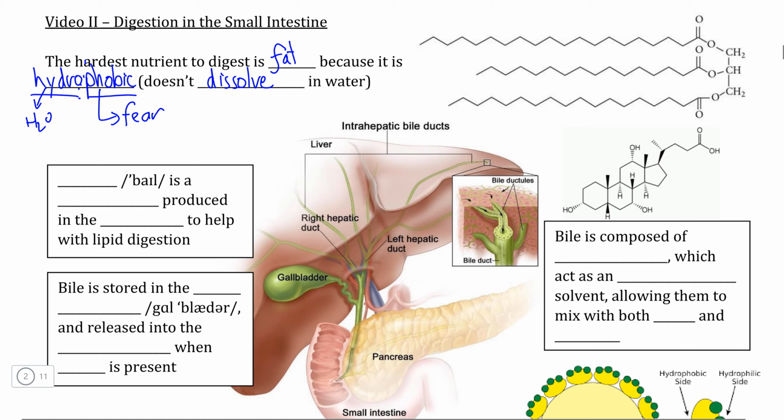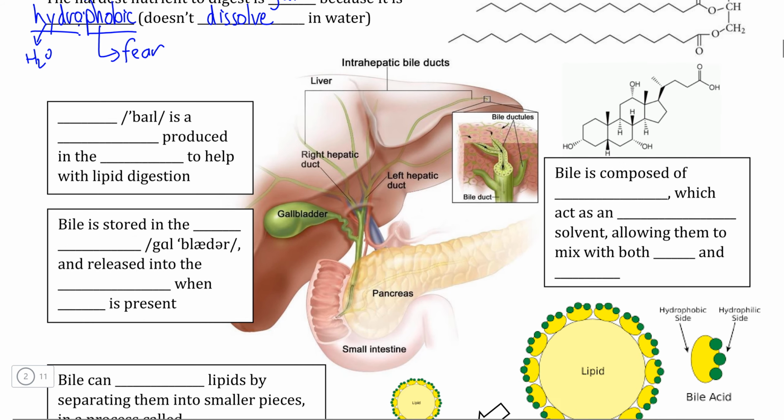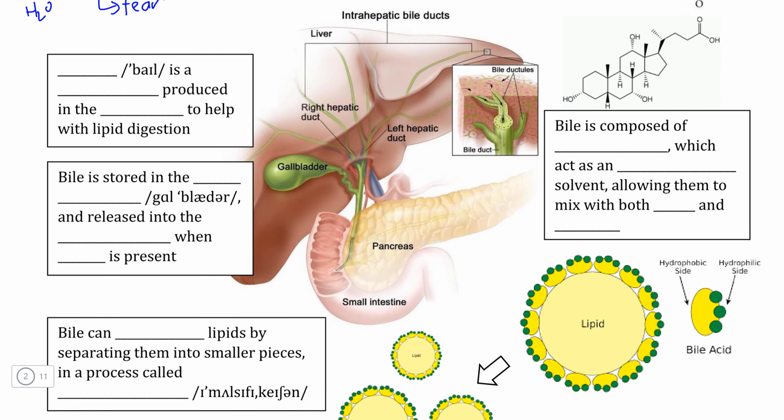This begs the question, how do we actually dissolve fats if part of the process is actually getting them to dissolve? Well, just because they can't dissolve in water doesn't mean that they can't dissolve at all, and we have your liver to thank for the solution to this, which is a greenish colored liquid that we call bile that acts as a solvent that is able to actually get fat to dissolve.